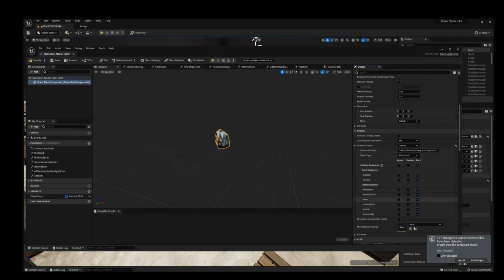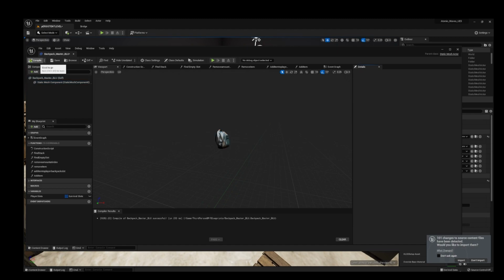Now, inside of here, go to the drop-down menu of collision presets, and inside you will see all these options. Right now, what we're going to do is set this check mark right here from block over to ignore for our pawn. Our pawn is our player, so if you're looking for your player, it's the pawn. If you're looking for other things like vehicles and destructibles, that's another different thing entirely if you want to add a little extra to it. But right now, we're just selecting to ignore our pawn, so that way when this attaches to our pawn, it won't mess with our pawn's mesh. So go ahead and compile and save.